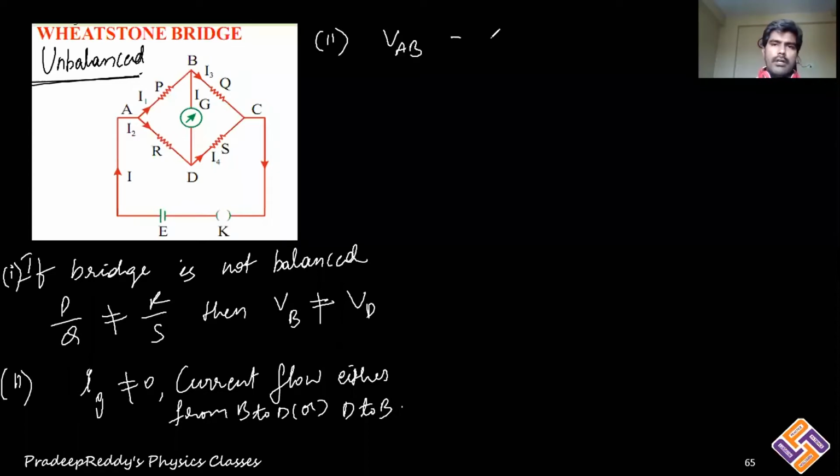VAB is equal to VA minus VB. Is it not? So just I'll be taking these 2 points, A and B. VAB is equal to VA minus VB. And VAB is equal to IR. Is it not? V is equal to IR. What is I? Current flowing in this is I1 and the resistance is P. Now I want to find out this I1, and if I substitute that here, then you will be getting VAB. So VAB is equal to VA minus VB. This is I1 into P, right?